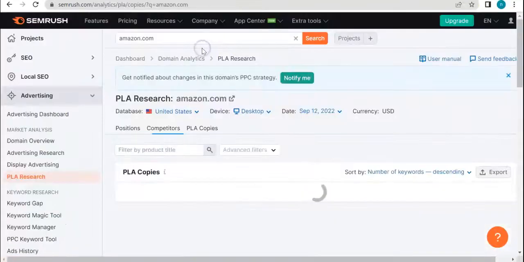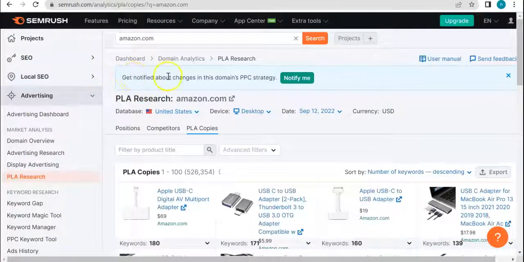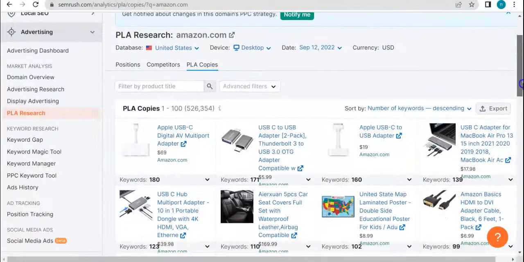And here we have PLA copies. As you can see here, if for example you entered your own domain and you want to get changes in this domain's PPC strategy, then all you need to do is click here on Notify Me, and it will have you notified